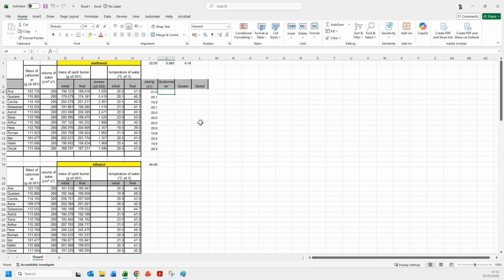So in order to find that, we need to use Q equals MC delta T. M in this case is going to be the mass of the calorimeter. So I press equals, then I can click on the cell which has the mass of the calorimeter, multiplied by the specific heat capacity of the calorimeter, which is 0.385 because it's made of copper. So that's the specific heat capacity of copper up here. So I click on that, multiplied by the change in temperature, which was the value that we just calculated here